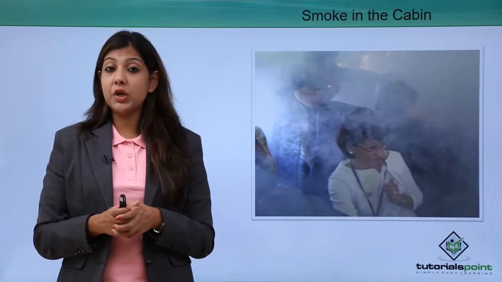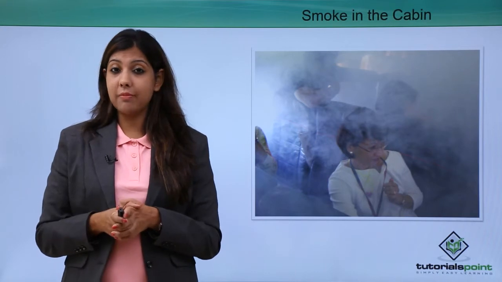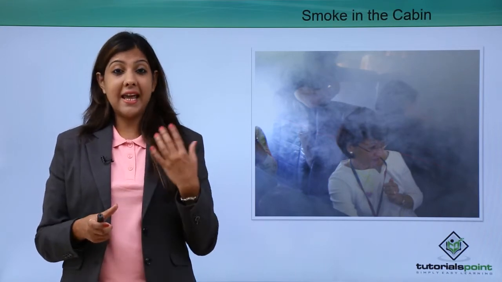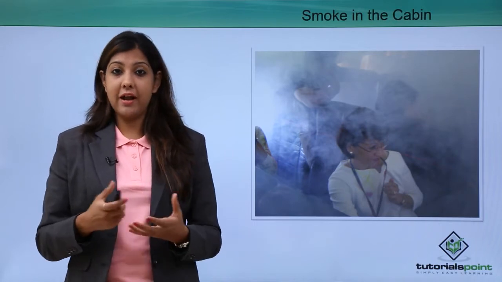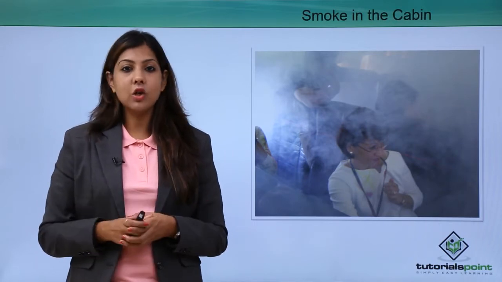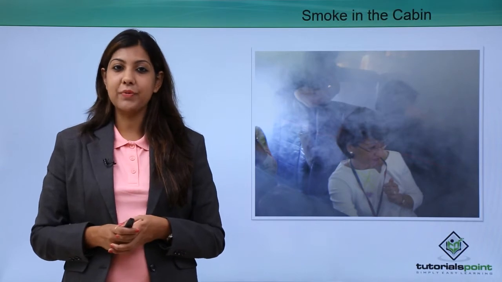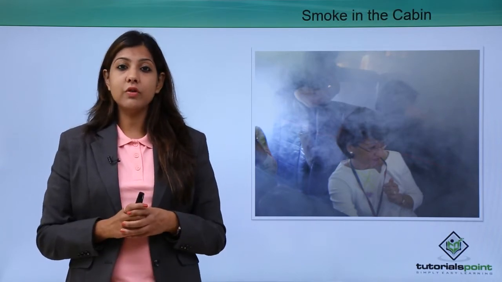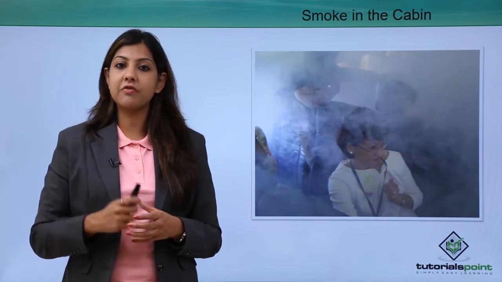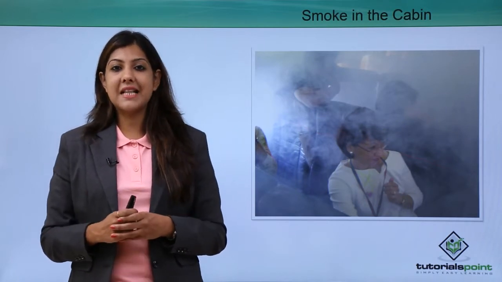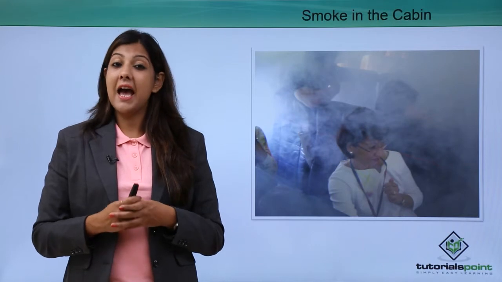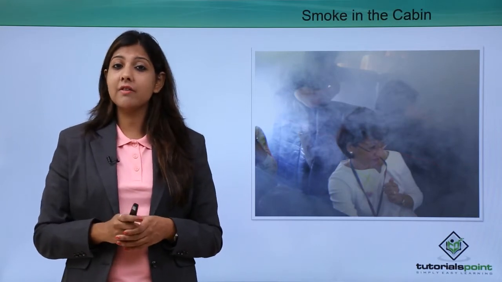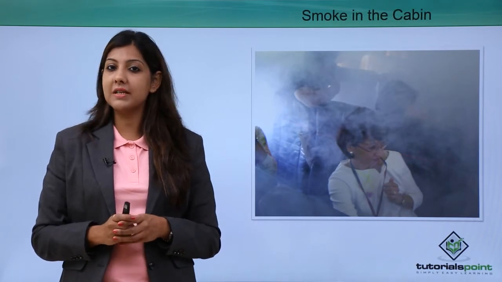Well, there can be a situation of smoke inside the cabin. Smoke is not good for the passengers because when they inhale all this toxic air, they can become unconscious, faint, etc. So what happens when there is smoke inside the cabin? What the cabin crew needs to do is immediately open the door of the aircraft, make sure that the slide comes off the aircraft, and she needs to evacuate passengers because friends, whenever there is an impact of an emergency,